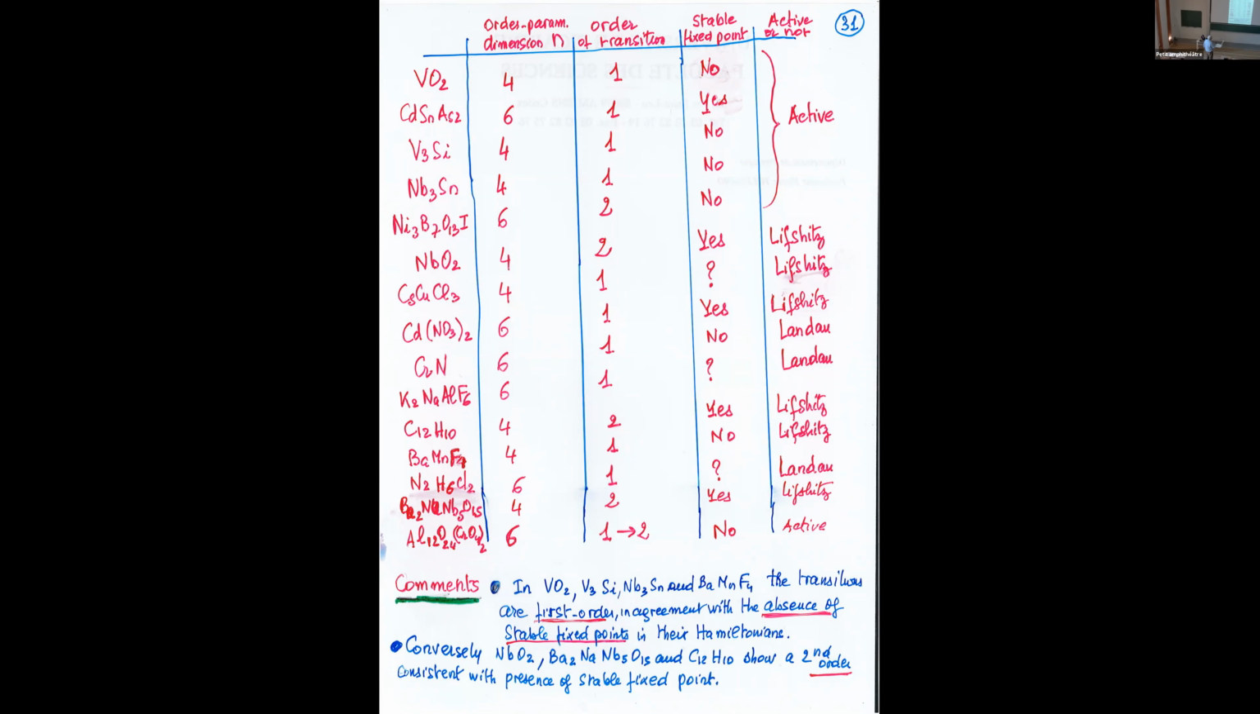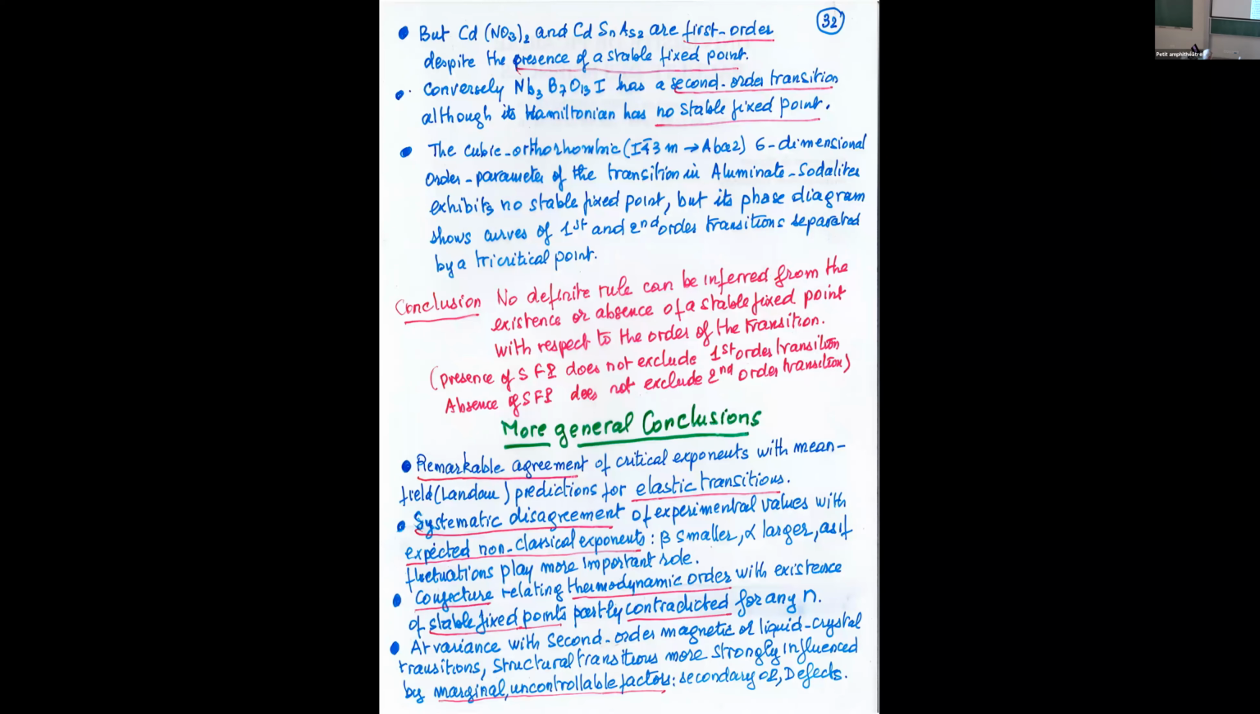All right, but now all the other ones, what are the comments that we can make? So in VO2, in V3Si, in Nb3Sn, in BaMnF4, the transitions are first order, in agreement with the absence of a stable fixed point in the Hamiltonian. Conversely, in NbO2, barium sodium niobate, biphenyl, we have a second-order transition consistent with the presence of a stable fixed point. So everything looks well here, but in Cd2Nb2O7, CdSnSa2, they are first order despite the presence of a stable fixed point. Okay, this we can understand: the fixed point is not, let's say, accessible. But conversely, in